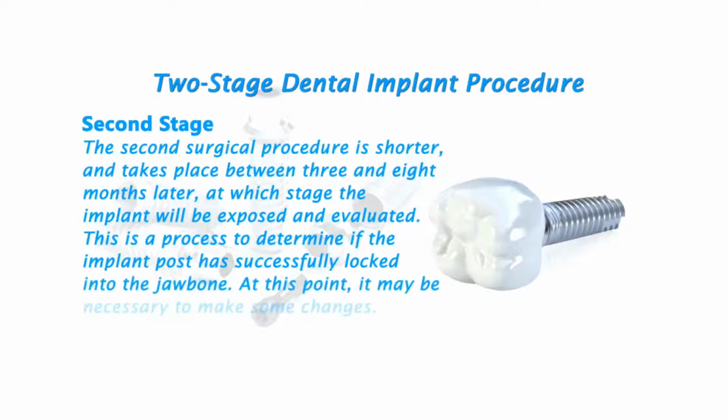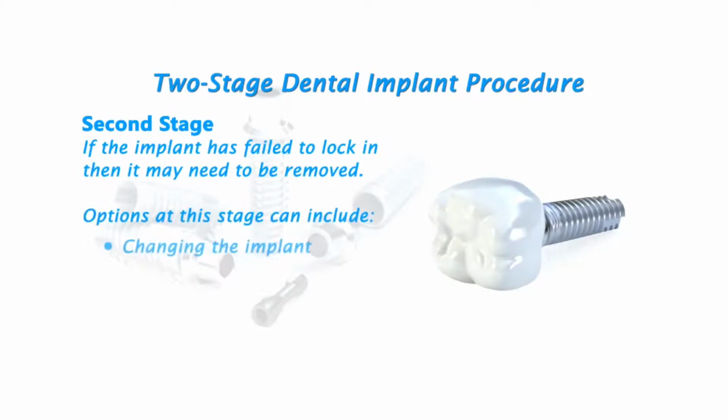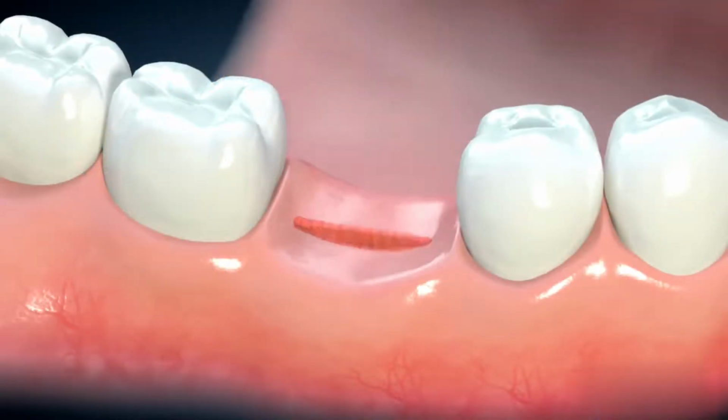At this point, it may be necessary to make some changes. If the implant has failed to lock in, then it may need to be removed. Options at this stage can include changing the implant or placing the implant at a different area. If the implant post has been successful, then the second surgical procedure is to create an opening in the gum